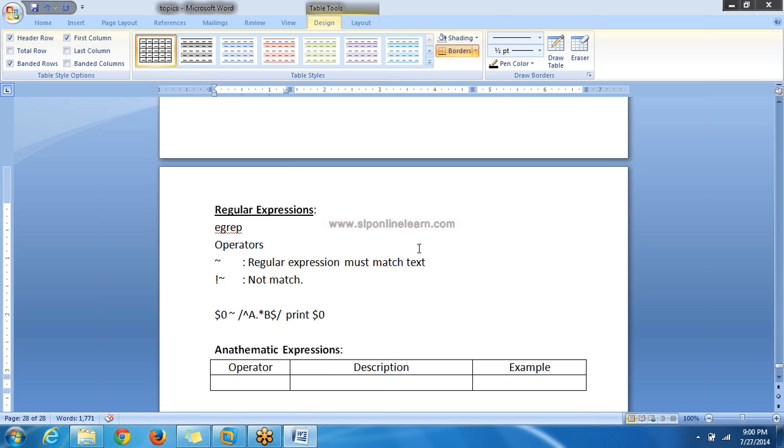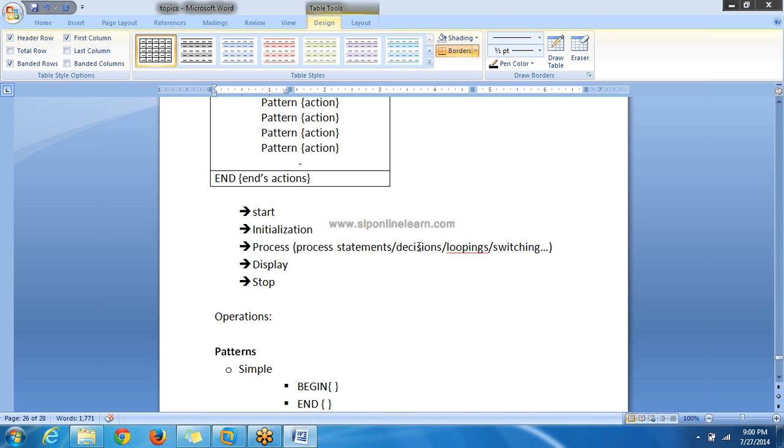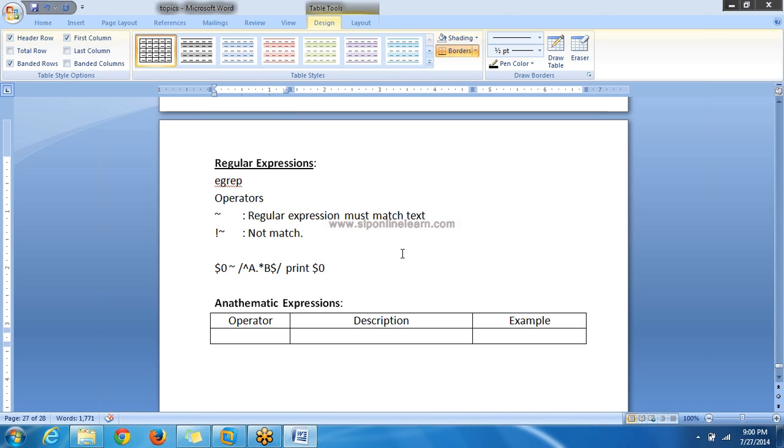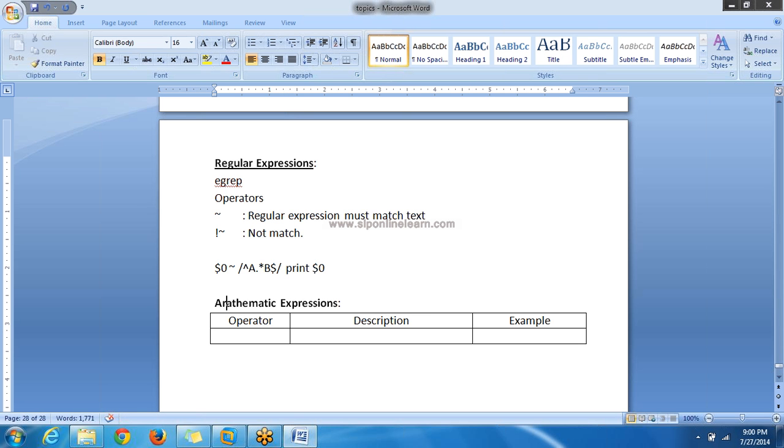Okay, in the last session we discussed the AWK command, the syntax of a script, and regular expressions. We have different kinds of expressions, and one of them is arithmetic expressions. Arithmetic expressions can be built by using arithmetic operators. So we'll see what the arithmetic operators are in this